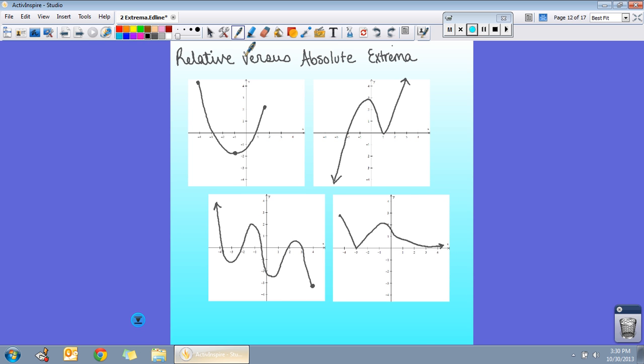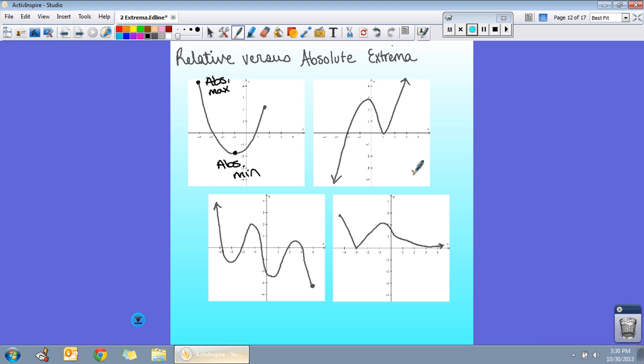Okay, so here we're going to go through and label absolute and relative maximums and minimums. Right here, we have an absolute maximum because it's the highest point on the curve. And here we have a relative, but it's also an absolute, so I'm going to erase that relative. We have relative and absolute